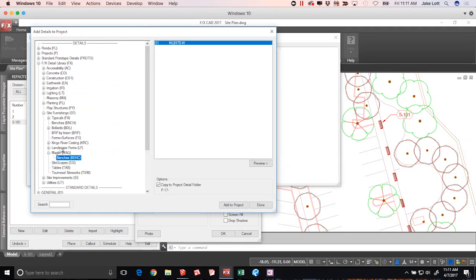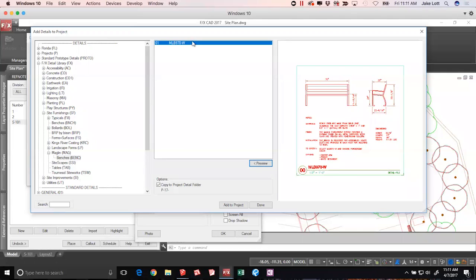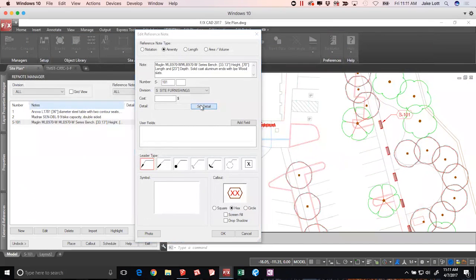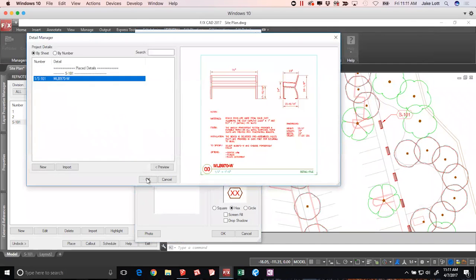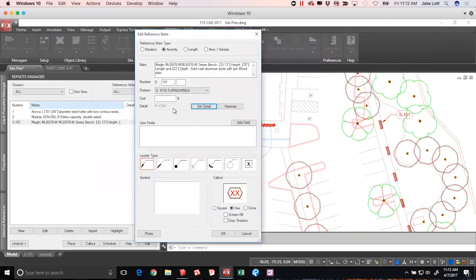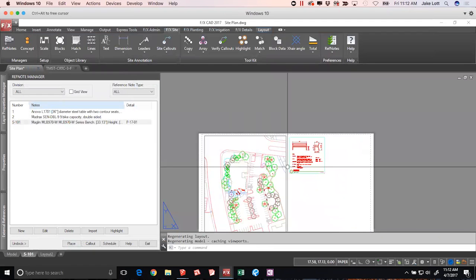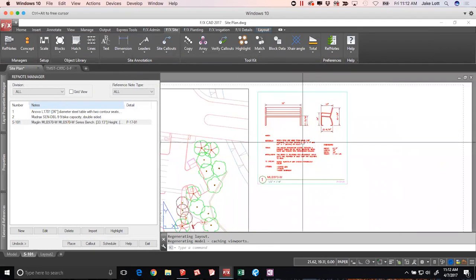They will have the corresponding details that go to that specific item, which is really, really neat. So you're going to notice here, if I look at my little preview, that I've got this bench that I can put in that relates exactly to that equipment that I want to add. So being able to set that detail here, we'll pick this guy here and say, okay, now he's related to that item. So when I go ahead and even look into my sheet layout here, we've already placed him,